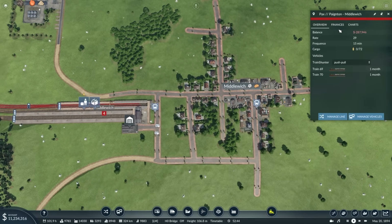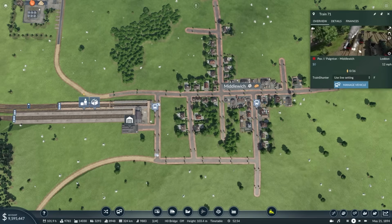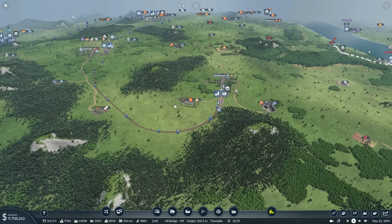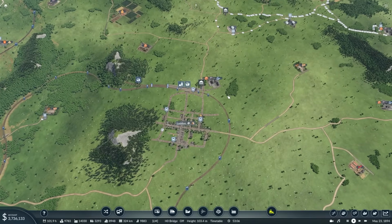What's the frequency of this line? 15 minutes. So we could do with a 3rd train. I should bring it down to, yeah, 10. You're doing exactly what I thought you would. Cool. Industry. I think that's the next thing. Sort of priority. So we've got...